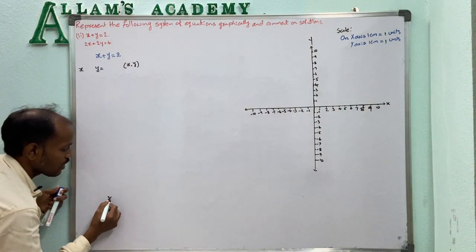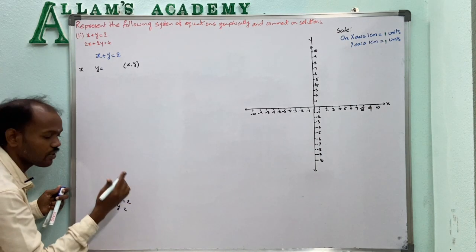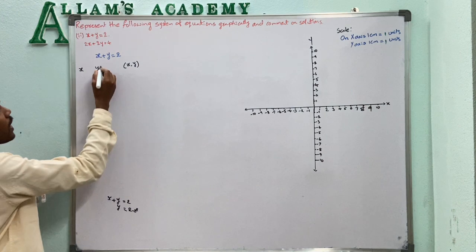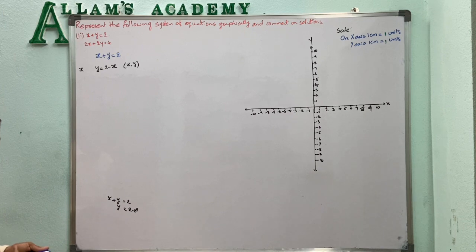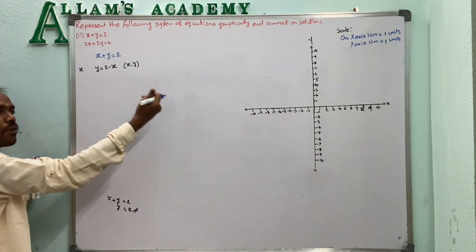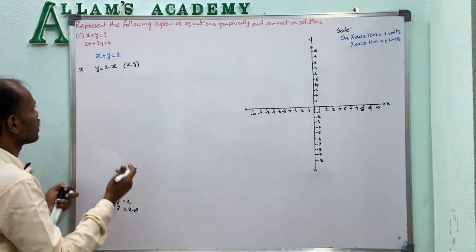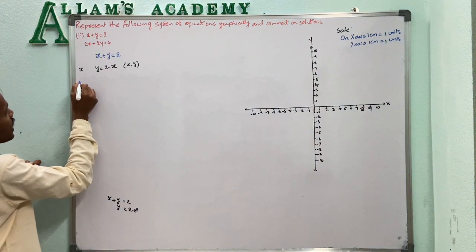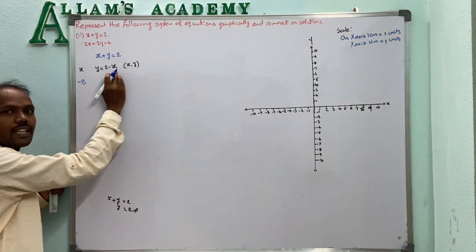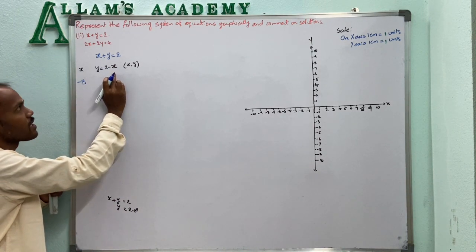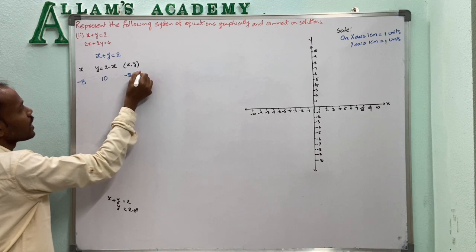If x plus y equal to 2, then we can write y equal to 2 minus x, transferring x to that side. So y equal to 2 minus x. As in the previous problem, we substitute a negative number, 0, and a positive number. If we substitute minus 8, 2 minus of minus 8, minus into minus means plus, so 2 plus 8 equal to 10. So minus 8 to 10.